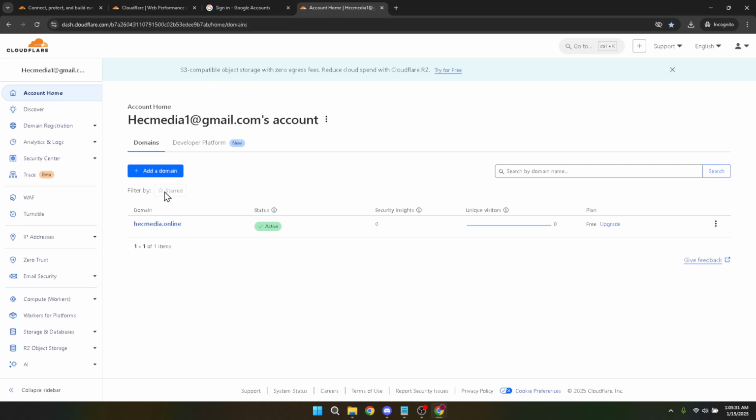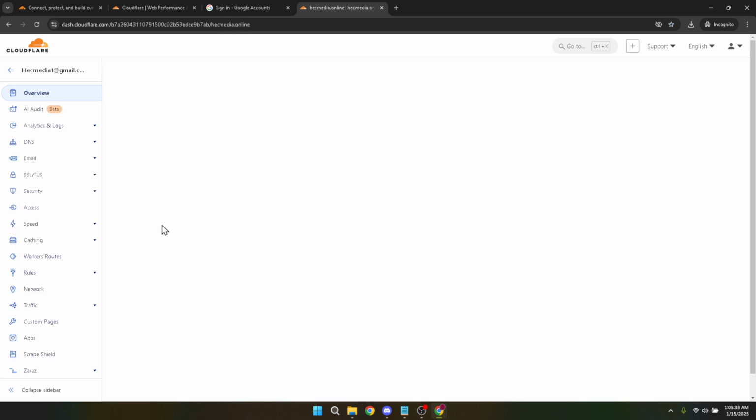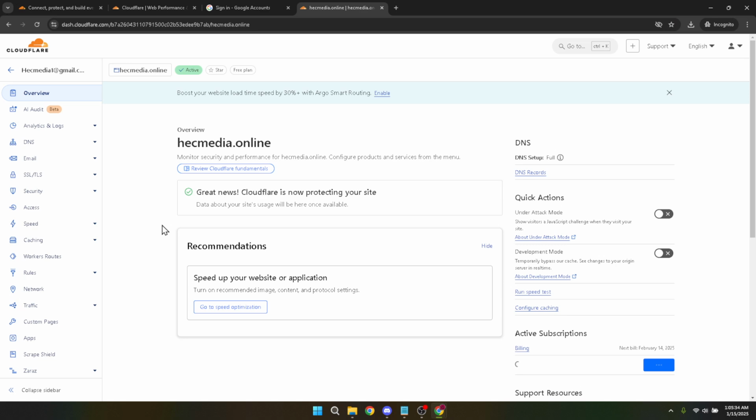Clicking on your domain will lead you to a specific dashboard displaying various options and settings tailored for your chosen domain. Now, as you delve into the domain section, I want you to focus your attention on the right side of the dashboard. Scroll down slightly and you'll find a section with some essential information about your account. Among these details, you will find your account ID. It's typically located on the right hand side and is clearly labeled, so don't worry about overlooking it.